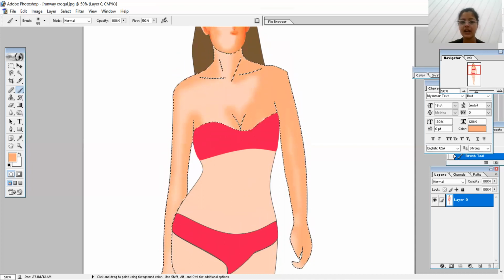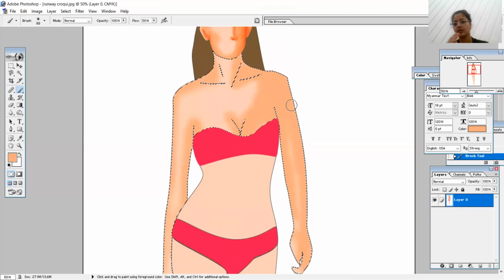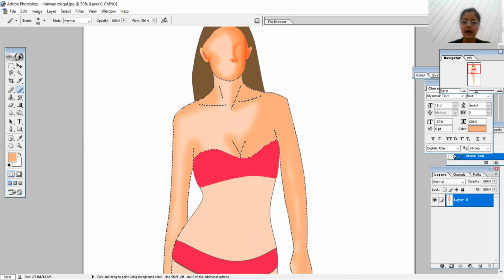अगर आप cleavage part भी देखोगे, so वहां पे the right one is very dark and the left is a bit lighter. There are more light areas visible. यहाँ पे ज्यादा light area visible है और यहाँ पे कम. So again, take the second tone, that is this, and start doing on the right area more.